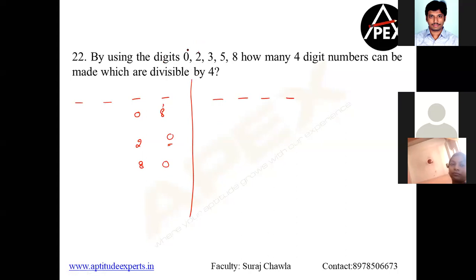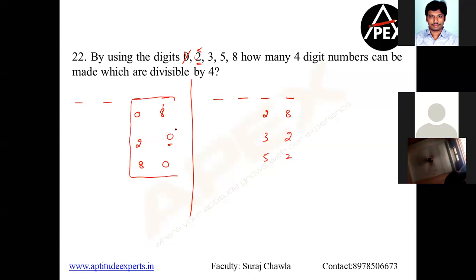Now, if I do not want 0, forget 0. Now go with the smallest number, 2. Start recollecting with 2 what the multiples of 4 are. So we have 24 or 28. 24 is not possible, 28 is possible. With 2 I'm done. Fine. Now let's take 3. With 3 what are my possible cases? I can have 32 or I can have 36. Clear? So I take 32. With 5, I have 52. With 8, I have nothing. Clear? Now why? Because when you're blocking 0, you can be free to calculate.